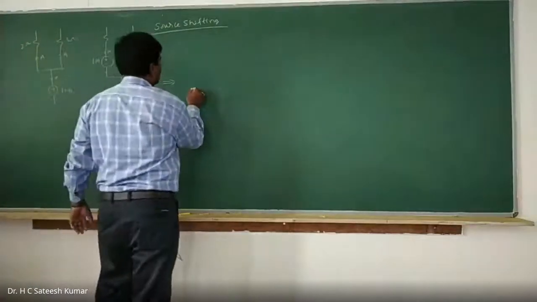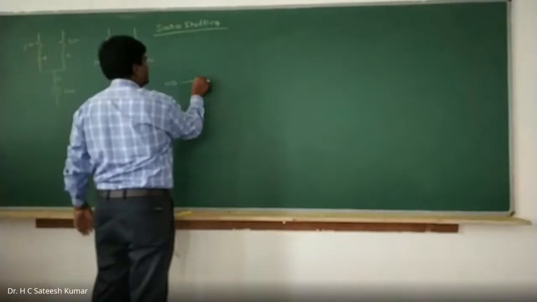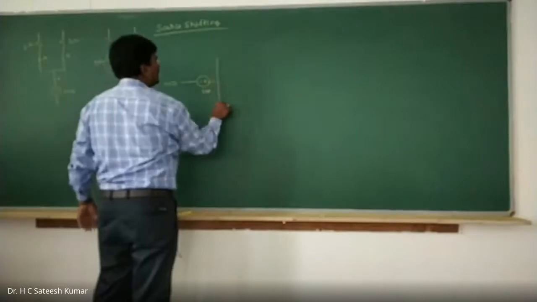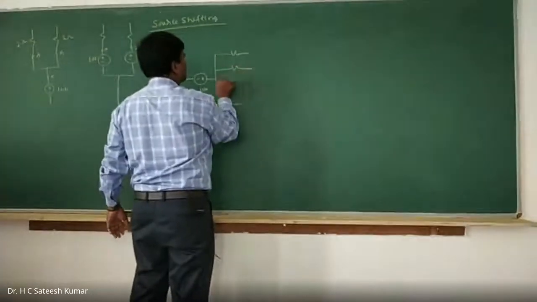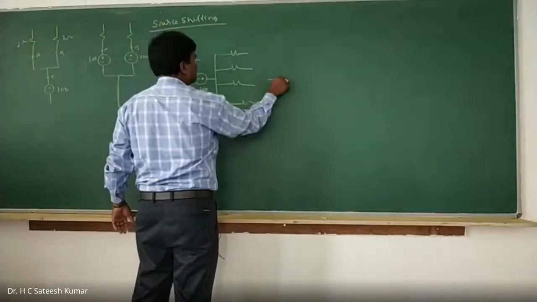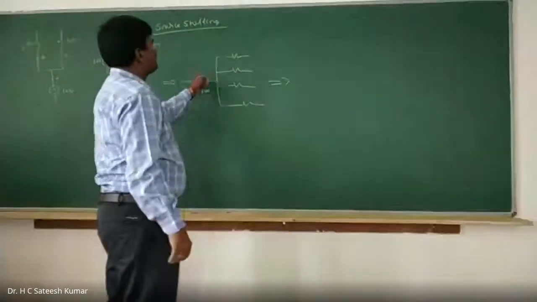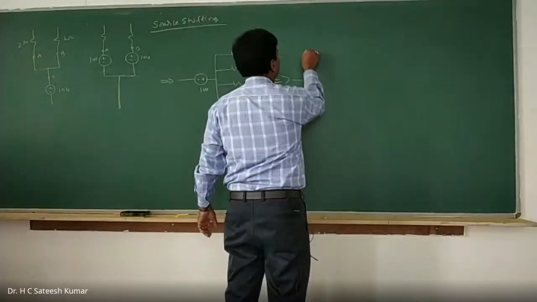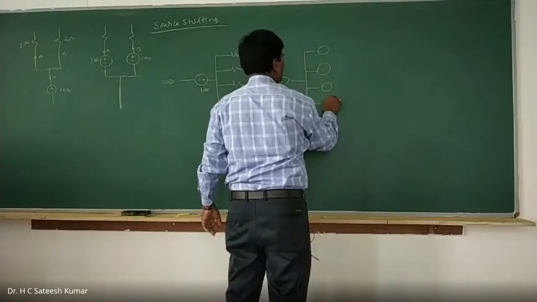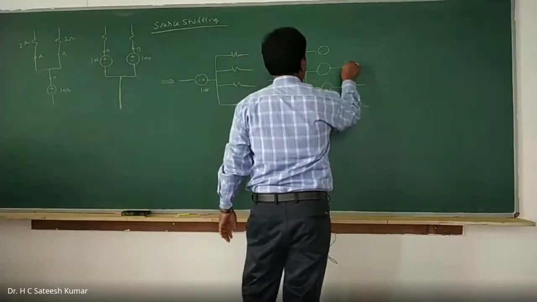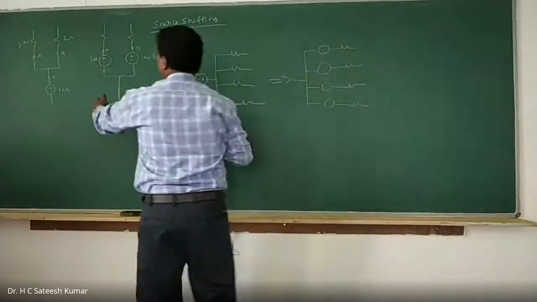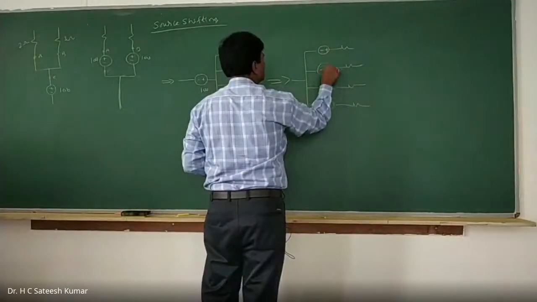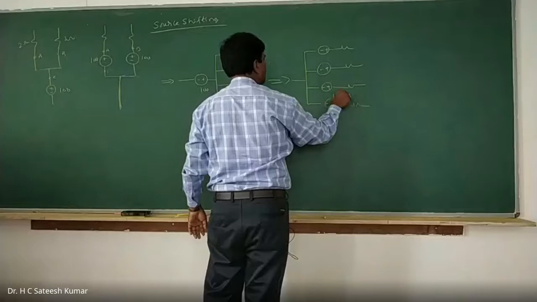For example, let us say I have a voltage source here, minus plus 10 volts, let us say. I have 4 resistors like this. So this can be simplified as this 10 volts, all the places 10 volts only, no? You can shift it with the same polarity, whatever the polarity we had earlier. See here, plus is upwards, here plus is on the right side, therefore minus plus, minus plus, minus plus, minus plus 10 volts, same voltage.